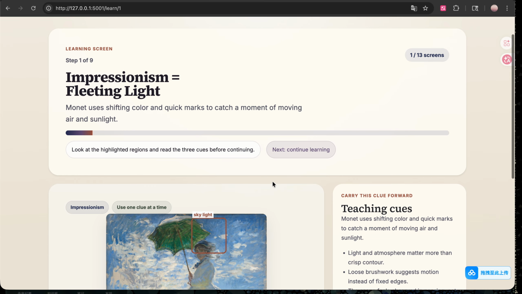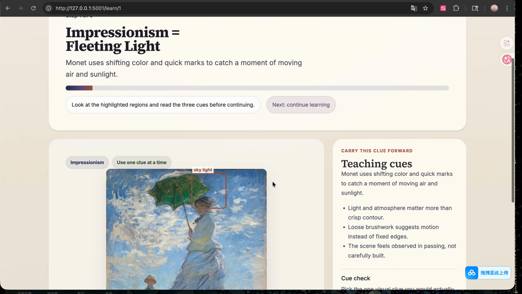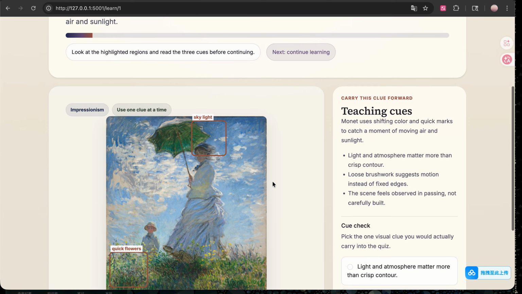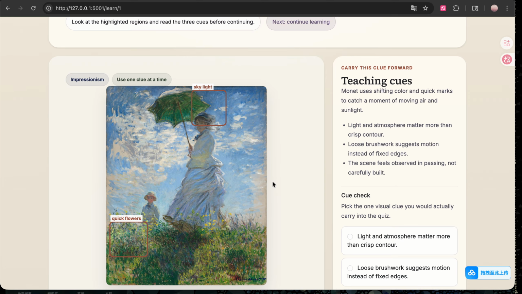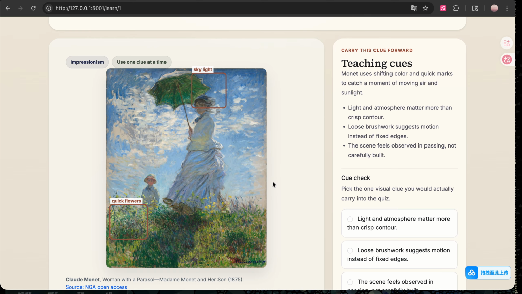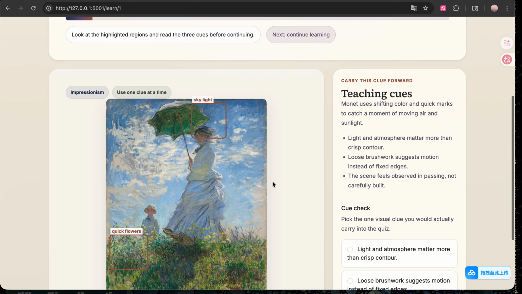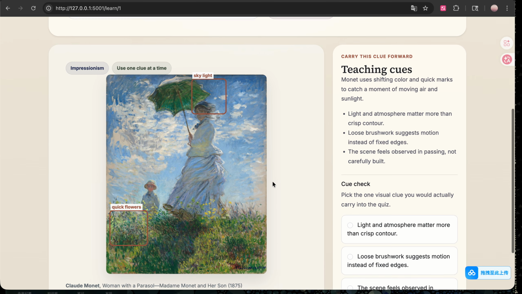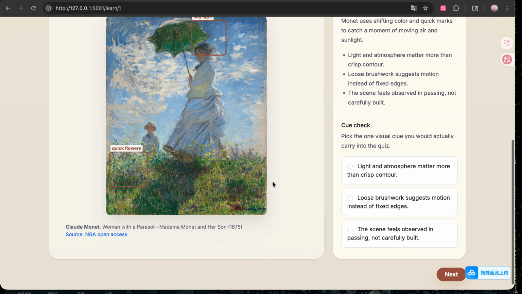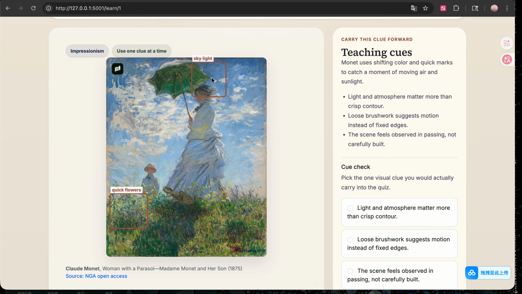On the learning screen, the artwork stays visually central while the side panel explains the key clue. And the user should notice the highlighted regions get the user's attention, so they are not just reading definitions, they are learning where to look in the image. Here I select a